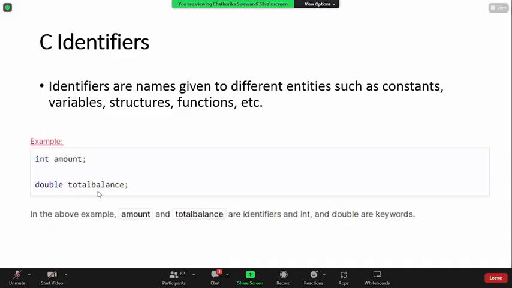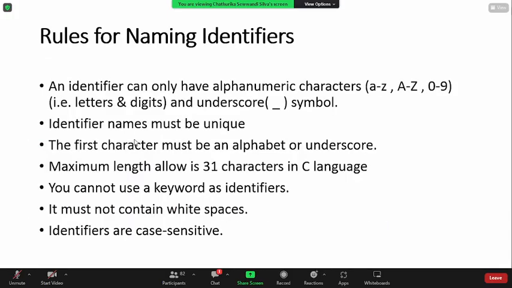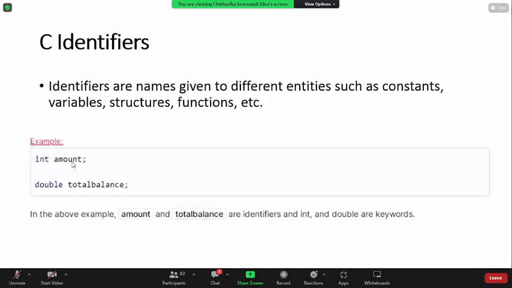You can say it's just a balance. You can name this balance. Someone else can say tot balance. Anyway, these names can be changed, so that is called identifiers. But int and double are keywords, and these things cannot be changed. Nobody can write integer instead of int. But anyone can change this name as they like. Although you can change the names, amount, total amount, AMT, balance, whatever name